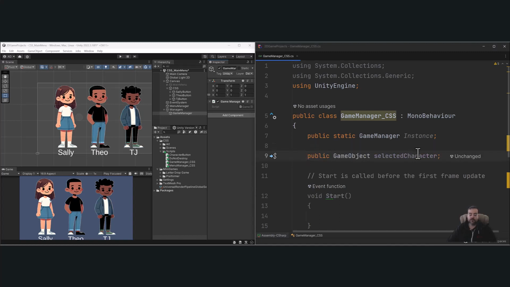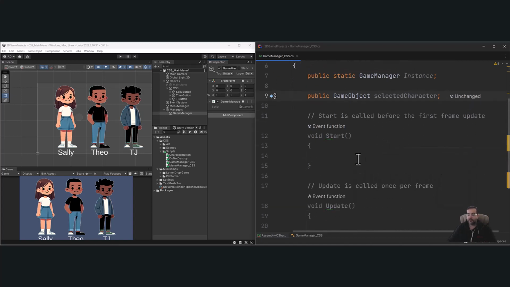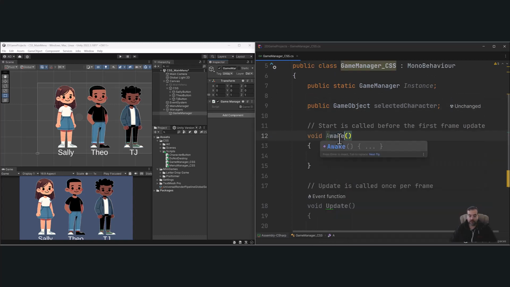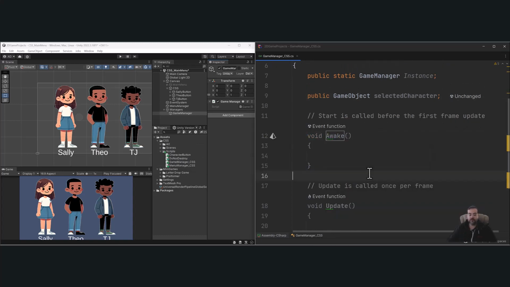And that's what this bit of code here does. So we have a game object and it's really going to store, and I made it public so you can see which character it ends up selecting. And then what I want to do is change this to an Awake. So once the script wakes up, instead of when it runs before anything else,